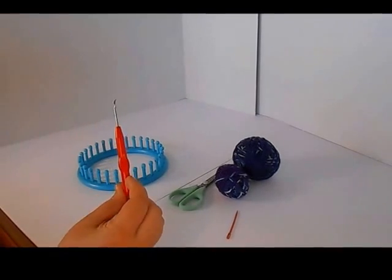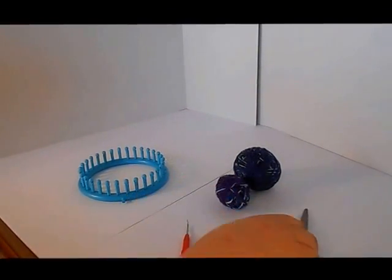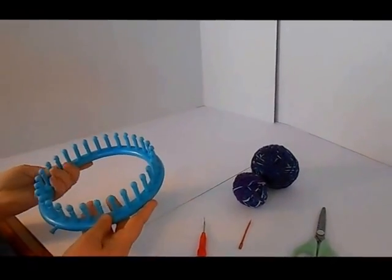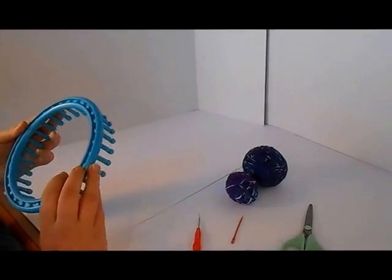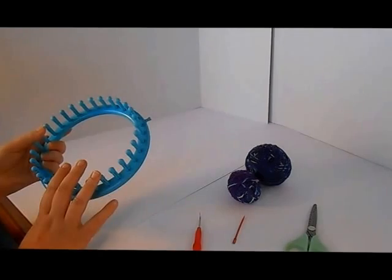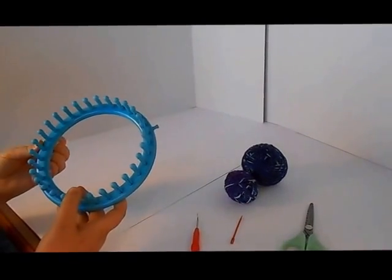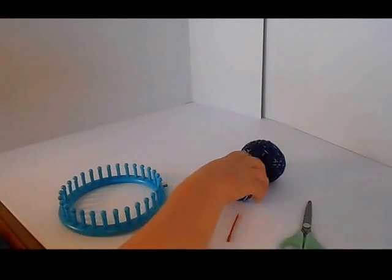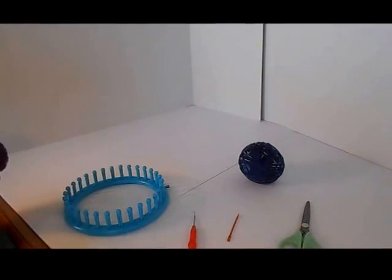So make sure you've got your hook, your needle, and a pair of scissors to cut the yarn, and either the... well, I actually don't know what sizes these are, but you don't want the smallest loom. You want either the second or second largest loom to work with for this. That way we have a little bit more to work around. So you're going to want to